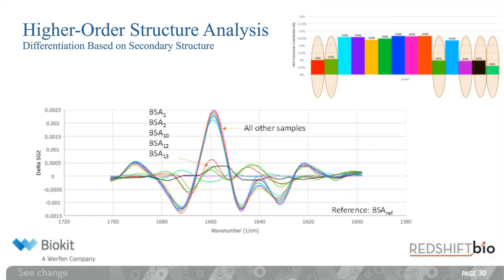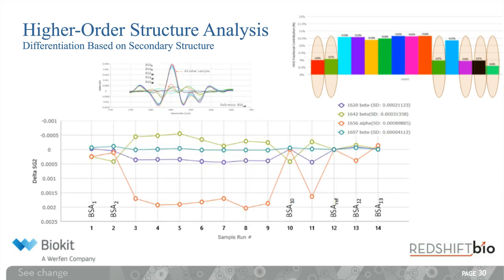As this study showed, it is clear that structural differences exist among these BSA samples, and the delta of second derivatives accentuates these structural differences, which in our case are very small, like I said before, smaller than 2%. And it is clear that some BSA samples are more similar than others. Similarity plots show that the OK BSA sample differences were smaller than those observed for the rest of the samples. That is why understanding and managing structural differences is essential for product quality.